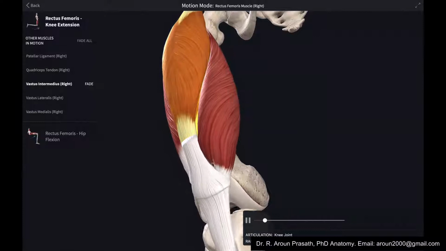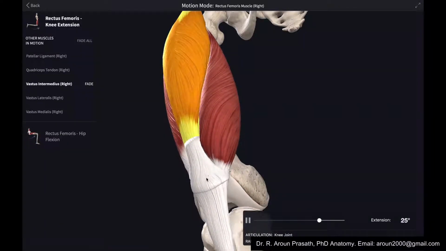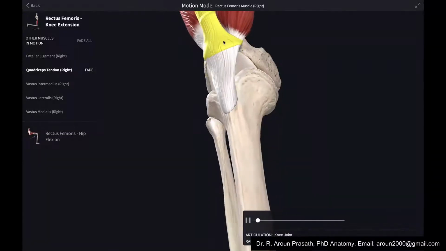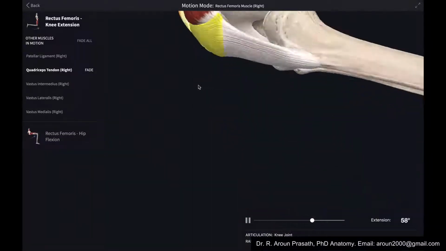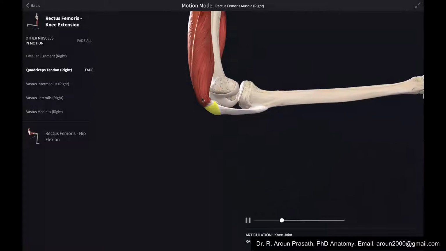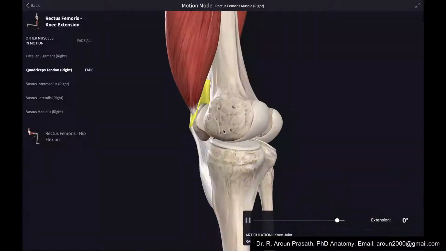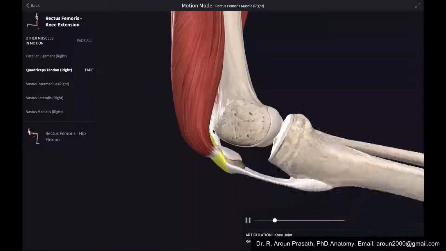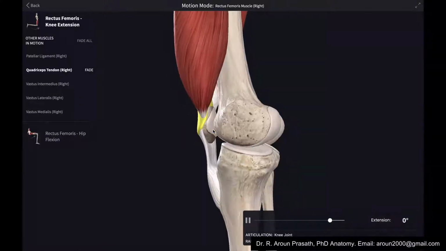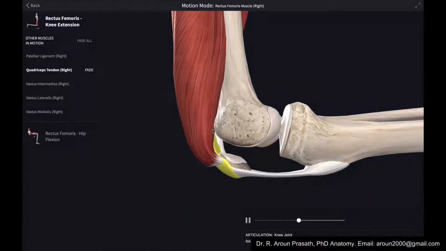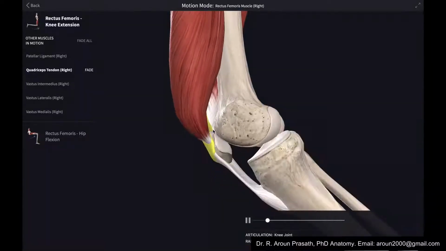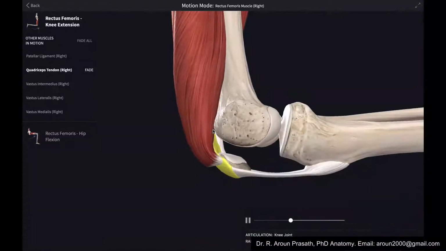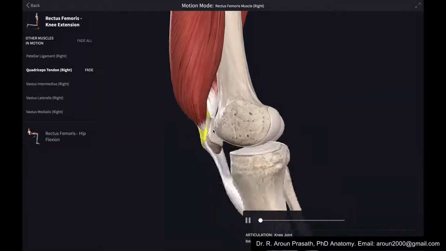a common tendon that is called the quadriceps muscle tendon. This is the quadriceps tendon. This tendon is swallowing the patella here. That is why this kneecap, the patella, is called the largest sesamoid bone in the body. Sesamoid bone means any bone that is placed inside the tendon of a muscle. We call it the sesamoid bone.